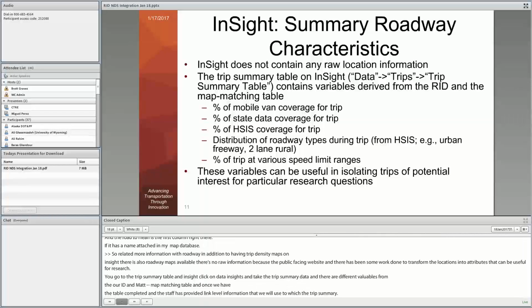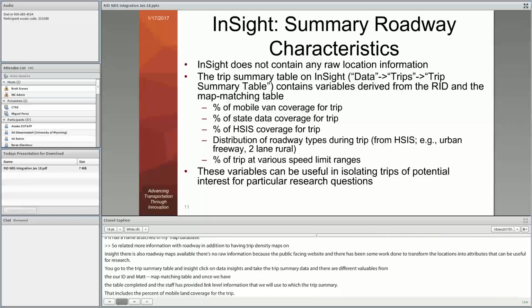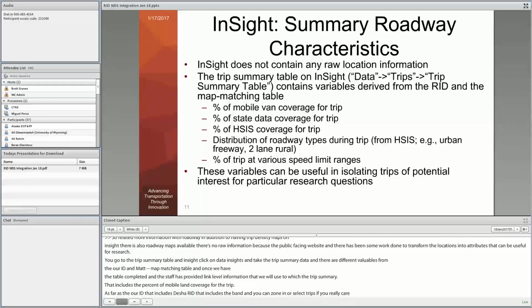There's also estimates for the percentage of state data coverage for a particular trip, and the percentage of HSIS coverage for each of the trips. In addition, there's a distribution for each of the trips of different roadway types that were traversed, and this is taken from HSIS, I believe. For example, the percentage of the trip that traversed urban freeways or two-lane rural roads or other types